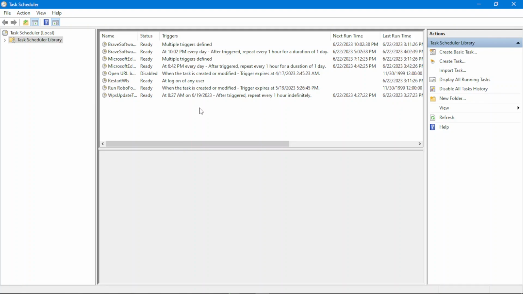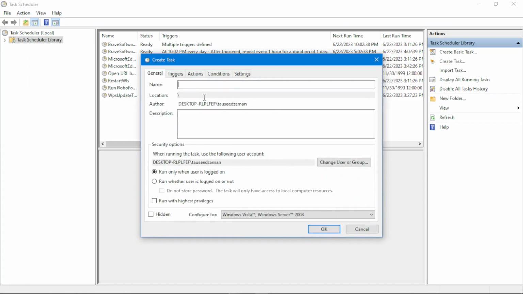In this video we are going to create a task just like we created in the previous video, but instead of using the GUI, we will use a PowerShell script that will create that task for us. Whenever we create a task using the GUI, we provide information like the name and description. We can provide the privileges and the user who is going to create it. We provide the triggers, actions, and the principals or conditions for that specific task that we are going to schedule. Just like the GUI, these are the things we will do in the PowerShell script